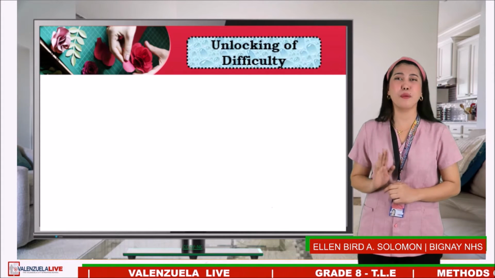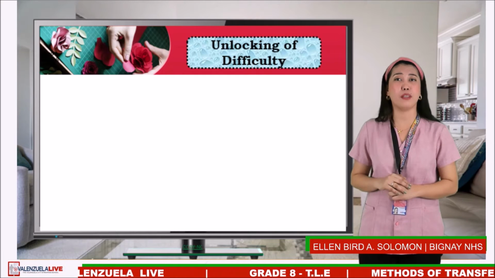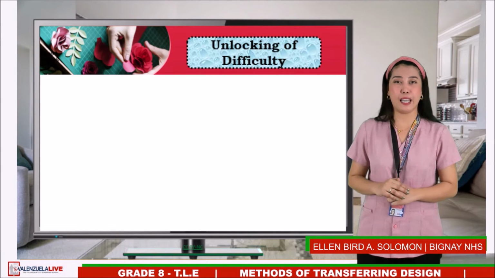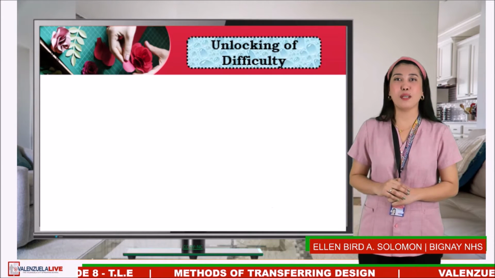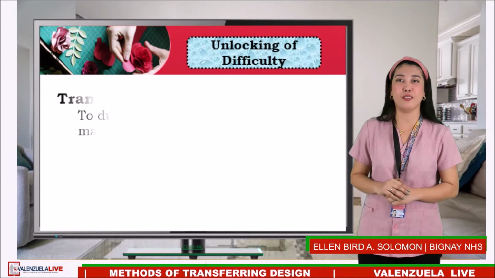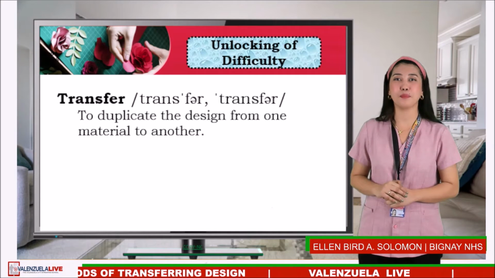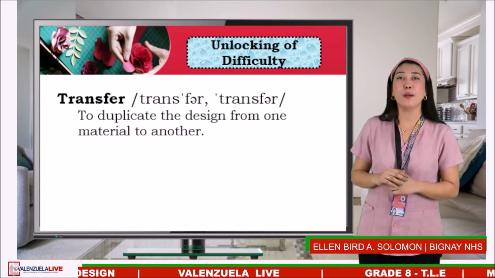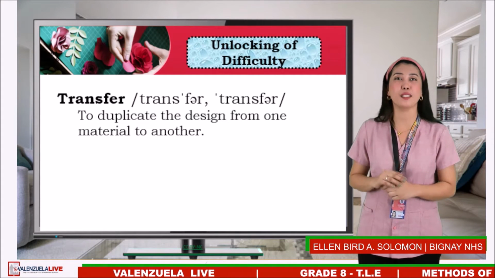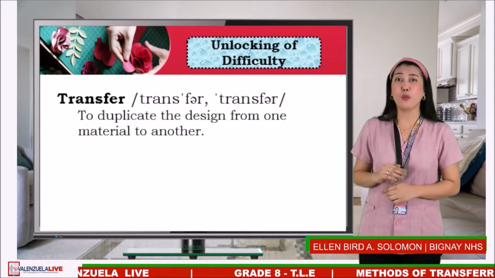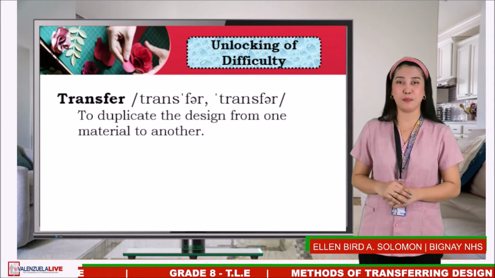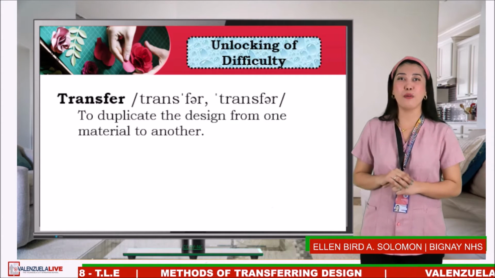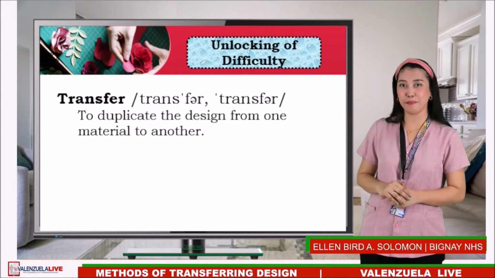But aside from color, some elements of design to be considered in creating embroidery articles are line and texture. We must also consider the principles of design, such as harmony, proportion. We also have balance, rhythm, and emphasis, which we discussed last week. So let us now define some words on how they were used in embroidery.